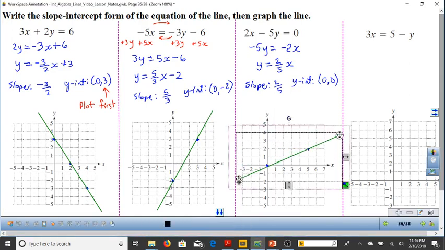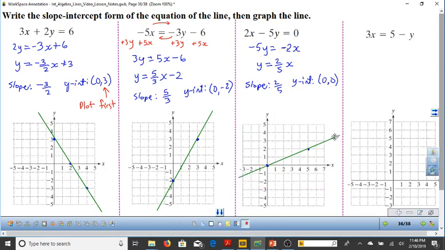So we do the best we can with what we have. And my line is not exactly where it's supposed to be, but it is pretty close. So that should be acceptable there. Let's go on to the next example. In this case, I want to get y by itself. I can add y to both sides. I can subtract 3x from both sides. So the equation becomes y is equal to